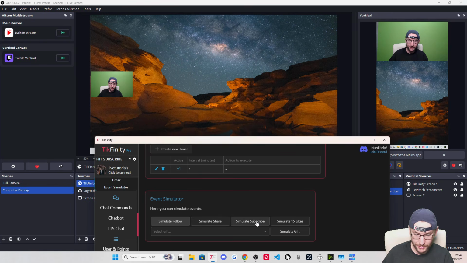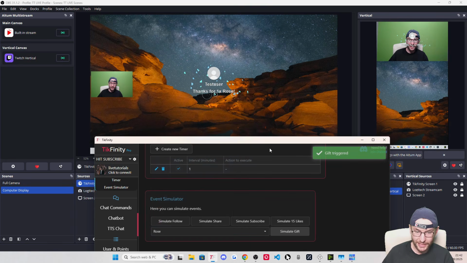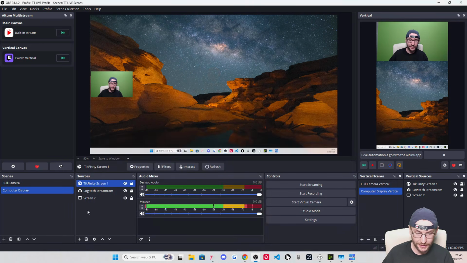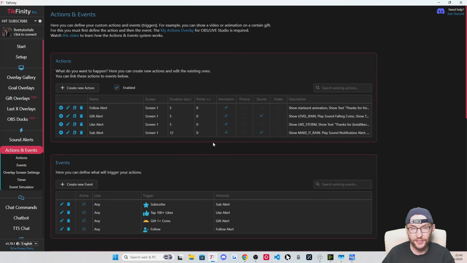And once again, we can just do a quick test. For example, let's simulate a GIF, and you can simulate specific GIFs here. See, for me, it's playing a bit of a sound. Again, the alert size looks fine to me, but again, if you don't like the alert size, just double-click it and change the dimensions. Again, my longer TikFinity guide will be in the description, but let's add one more thing